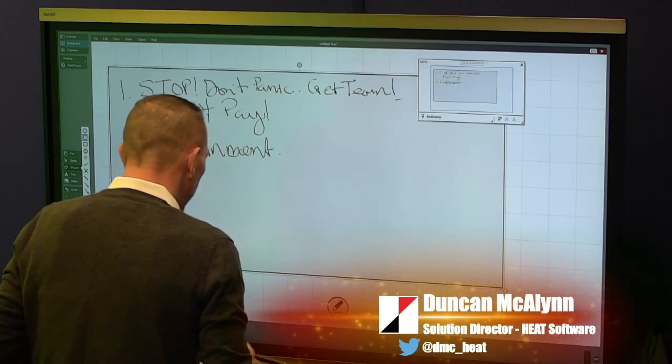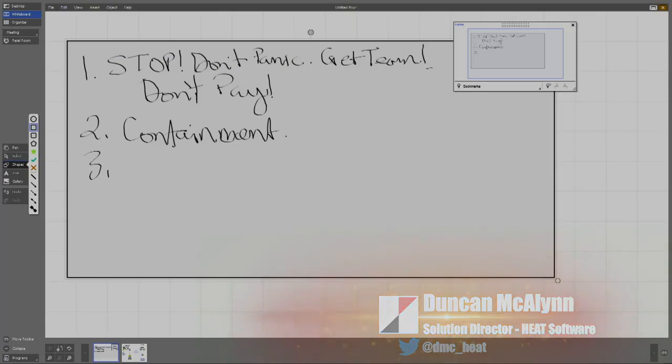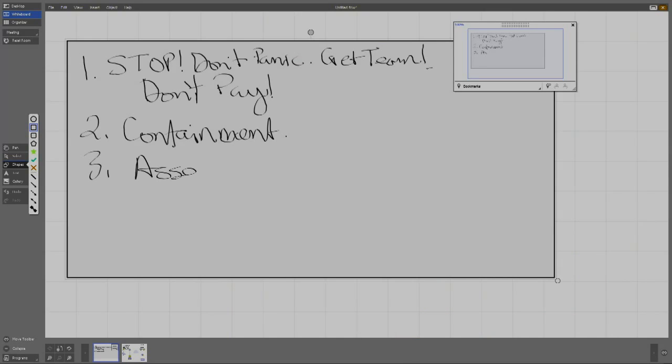So keep those things in mind as well. And then obviously you're going to have to do an assessment of the damages and know